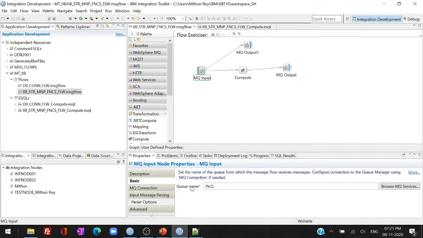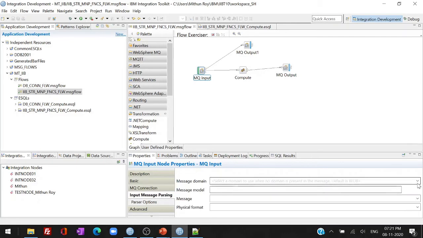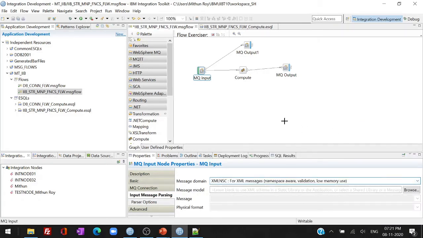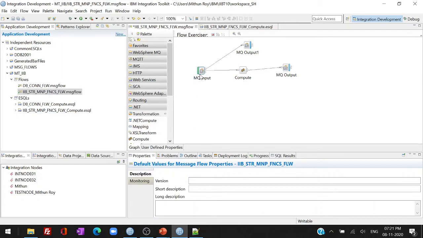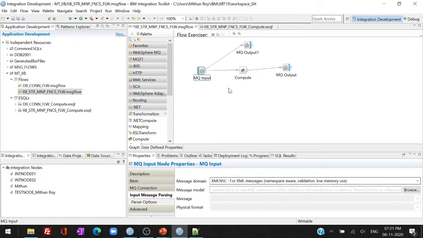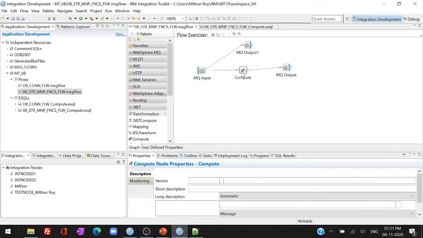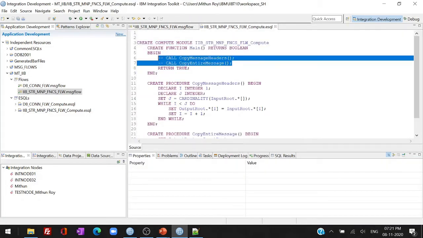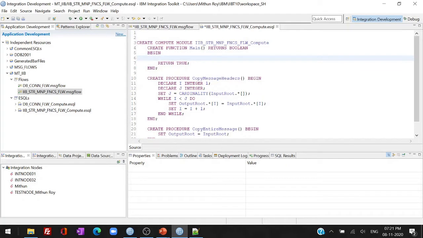Okay, and one more thing, I'm going to give an XML input. So as I told you in the previous video how to give an XML input, so I have to set the XML parser, so that is done. So here let's remove this part, we don't need this anymore. Okay, let's declare